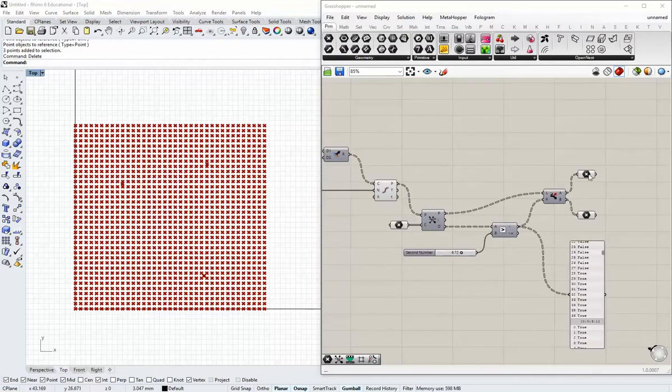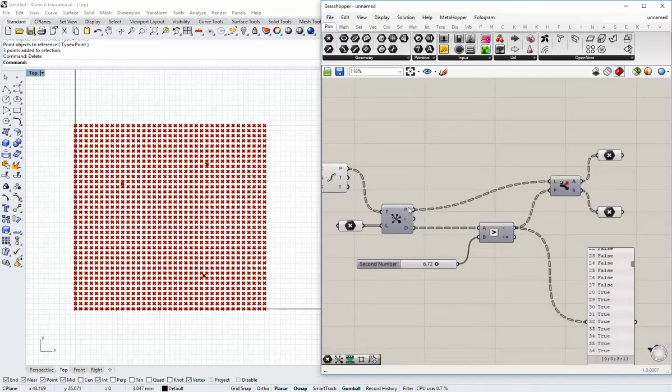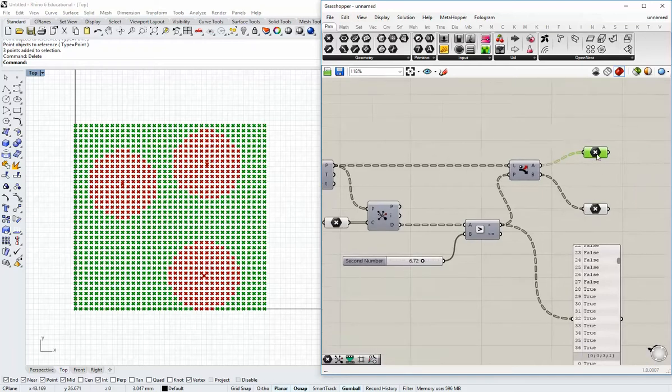Actually, we should be getting points out of there, so I just realized that there's a little mistake here. The point input actually is not the one from the closest points, but actually from the original grid here, the original kind of division of points. So if we turn that off, actually, what I'll now start showing is that range of